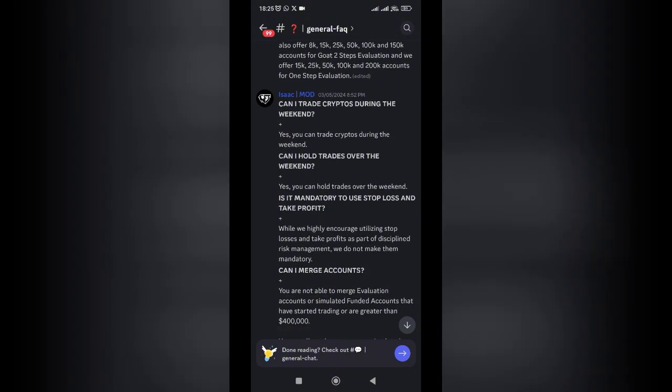While we highly encourage utilizing stop loss and take profits as part of disciplined risk management, they're not mandatory, which means you can open your trade without even stop loss and take profits, right? But it's not recommended. I don't know why you would even open your trade without stop loss and take profits. Are you afraid of the spread taking you out? Afraid the news will take you out? You know the news is going to come. Why open? Just wait for the news to pass before you enter a trade, because I've had a situation with GoatFunded